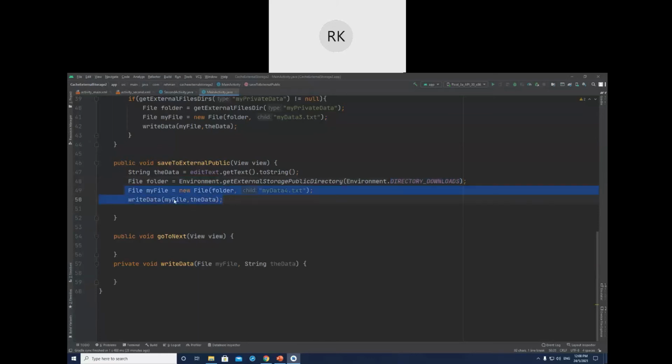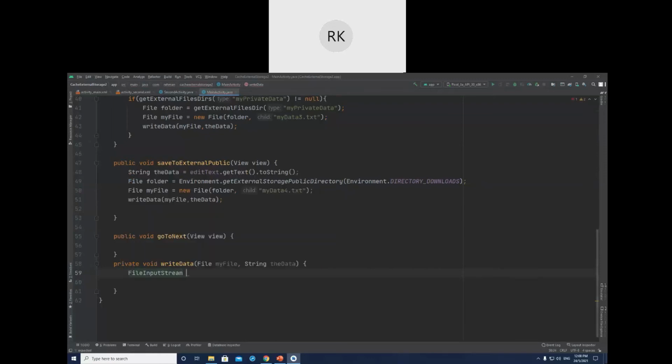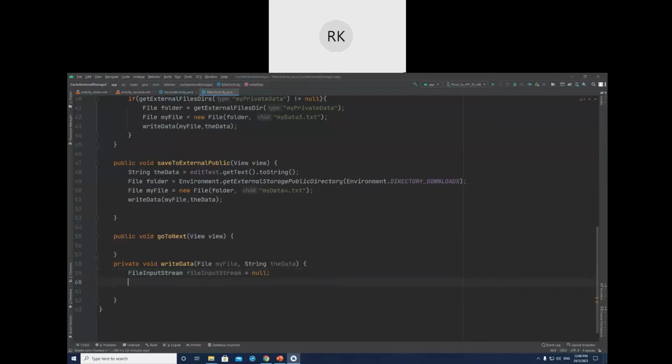So now let's write the file here. When we are writing the file, if you remember, in our previous class also we did, it is almost exactly like creating a file. So FileOutputStream, because we are writing the file, FileOutputStream equal to null. I'm defining it as null at the beginning, because later on I want to access this reference at different places.